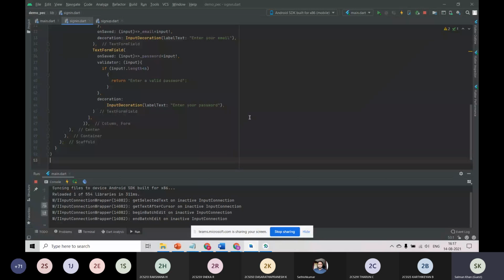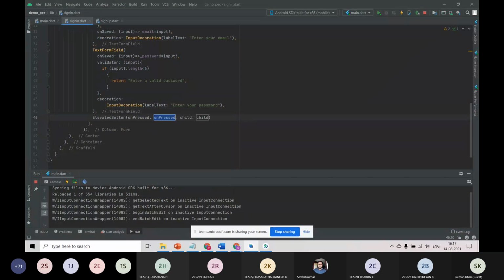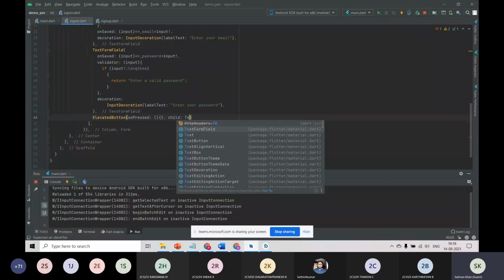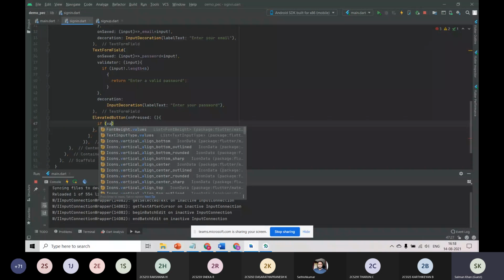The next thing we need to do is add a button here that should call the sign in method. Elevated button, onPressed of signing. You should call a method like validate, and I haven't written that method.